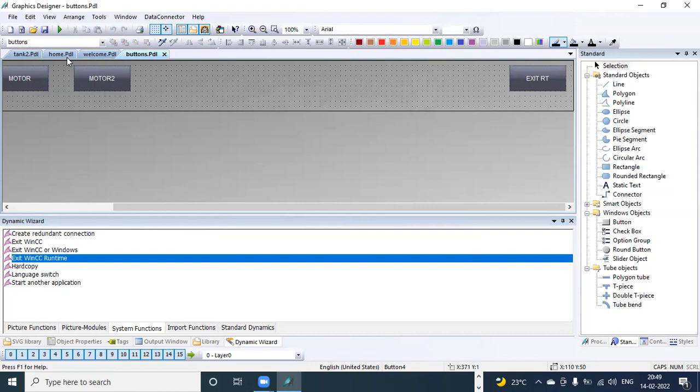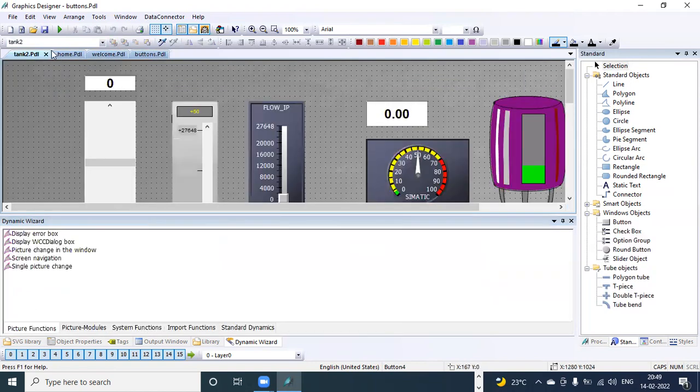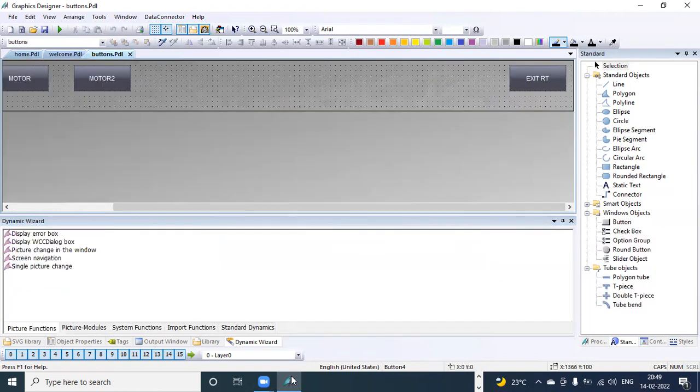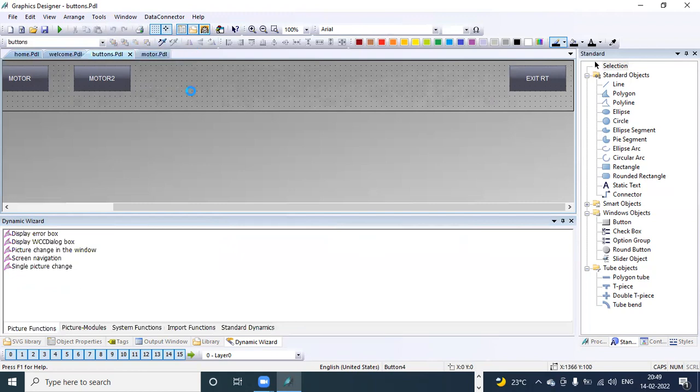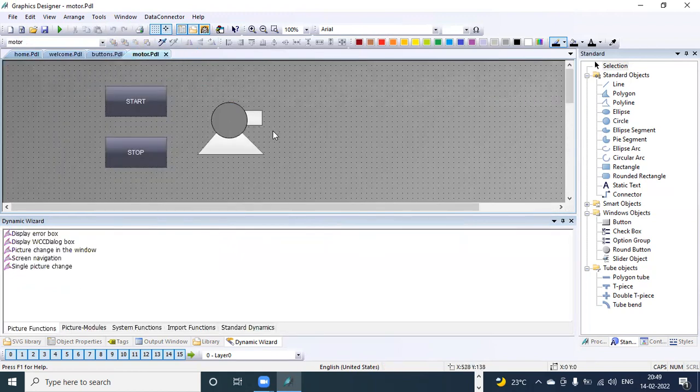Now open that Windows here, which you need to display in the configuration. So we are displaying welcome window, right? For that, we already selected the geometry. For motor window, also we have to select the geometry here.